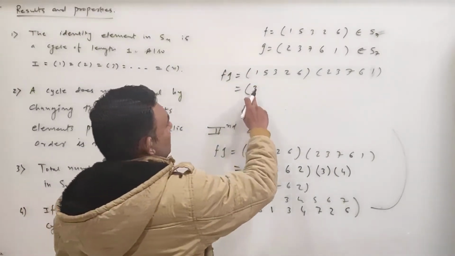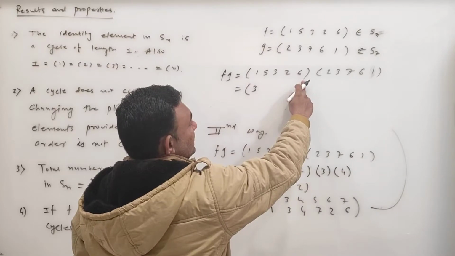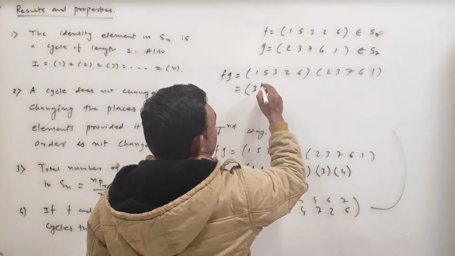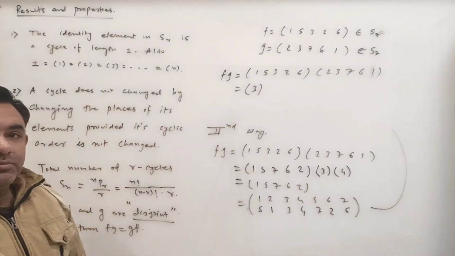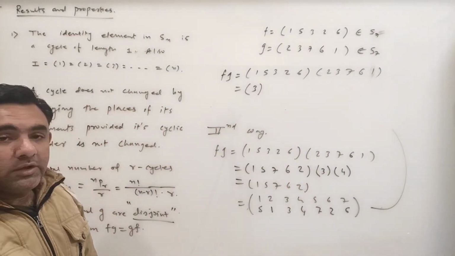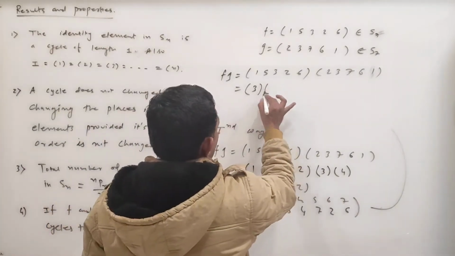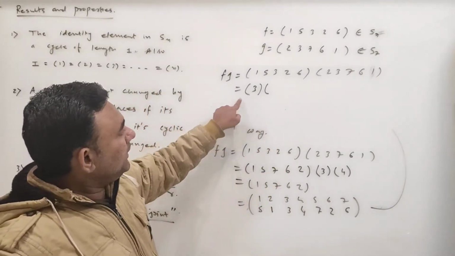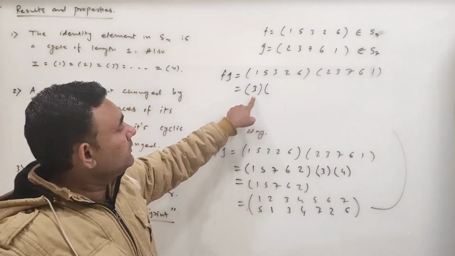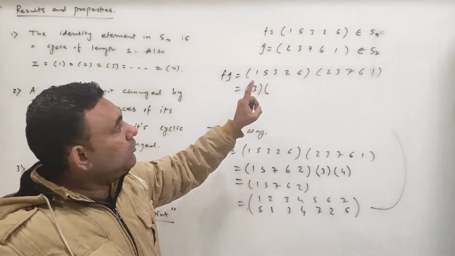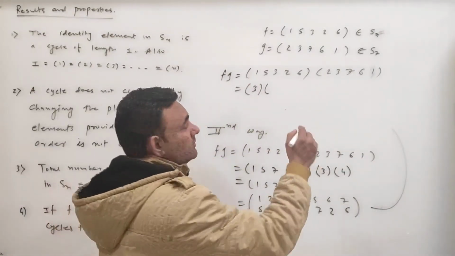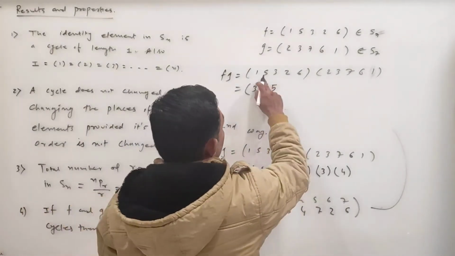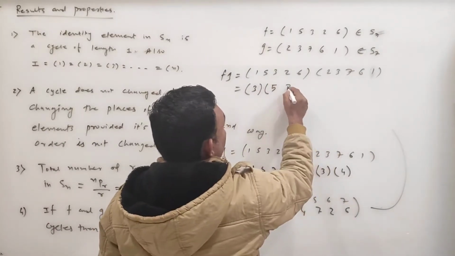So what is 3 goes to what? You find out the image of 3 in the first cycle. 3 goes to 2. Then 2 goes to 3. So stop. Right? Okay. Now you can start with any object which is missing here. Here 3. Then what is the missing out of 7? 5 is missing. So let me start with 5 also. You can start with 5 also. So 5. Then 5 goes to 3, and here 3 goes to 7.